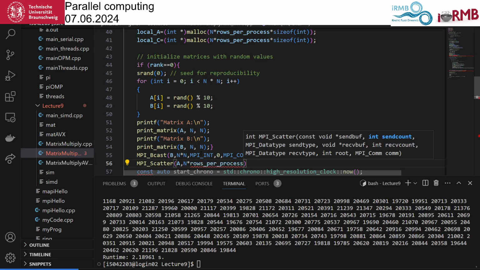This may be confusing. In principle, it's sending the entire matrix, but here we are not saying how much it sends altogether, but how big the chunks are that it sends.